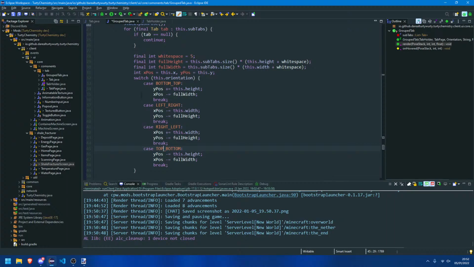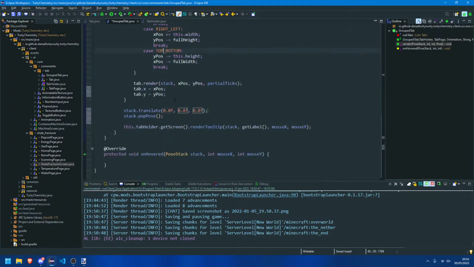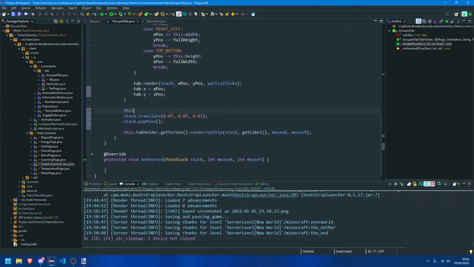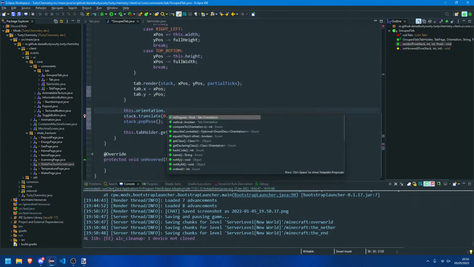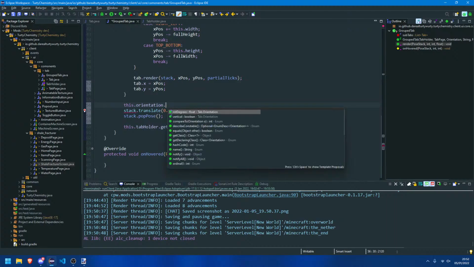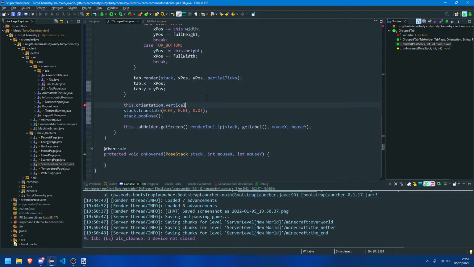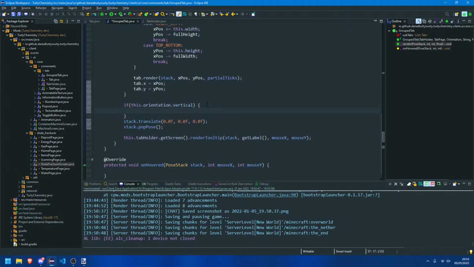Okay, so can I change this? You know, I'll leave that for a second. I just want to fix this first. So I need to know if all the tabs are vertical. If all, oh no, we don't. I'm an idiot. So this dot orientation, and if the orientation is vertical, we'll do an if orientation is vertical. Then we want to do